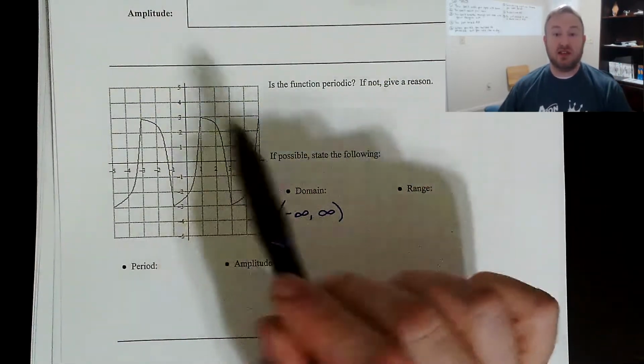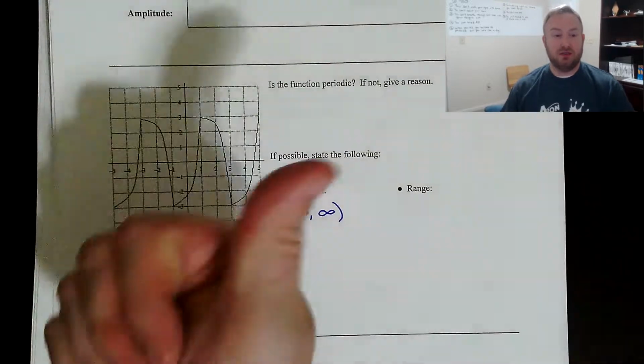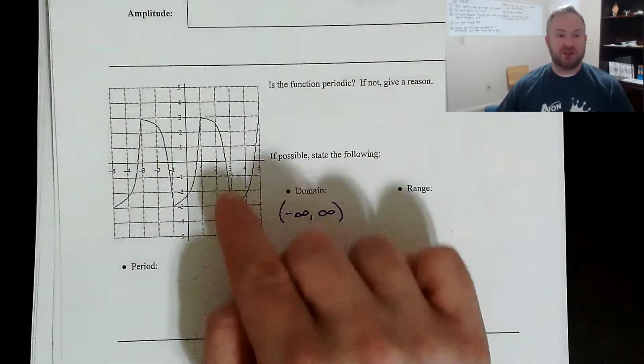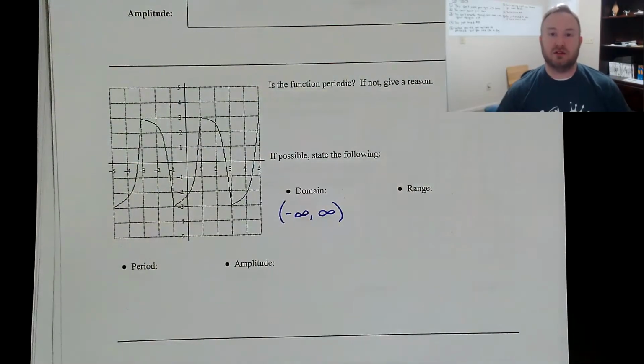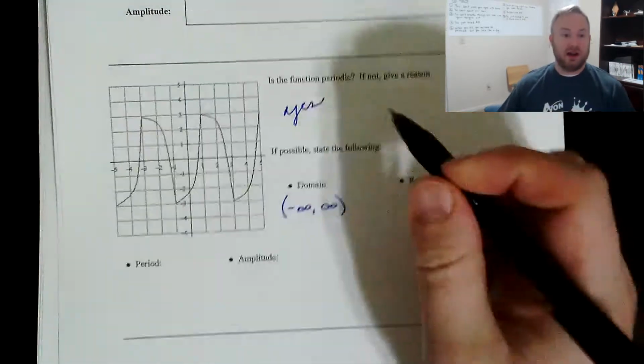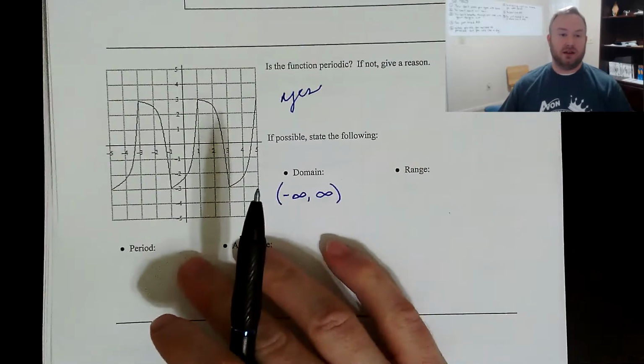So even though we're only seeing part of the graph, these graphs continue forever to the left and forever to the right. And you can kind of see how this is just like multiple cycles here. It just repeats itself in cycles. If you go to the library and you go to the periodical section, you're going to find newspapers and magazines and things like that that are released periodically, meaning every day or every week or every month, but they are released repeatedly over and over and over again. They're called periodicals. So these are periodic functions that repeat themselves over and over again. So yes, this is a periodic function. You can clearly see that it's repeating itself.